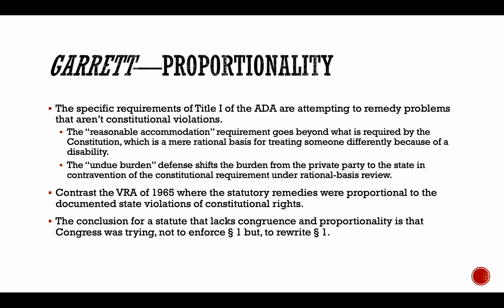When the court finds that a statute lacks congruence and proportionality, what the majority here is really saying is that Congress has gone beyond its enforcement power and has impermissibly, or unconstitutionally, shifted into an interpreter of the Constitution. Right? So what the majority finds, and they say this at the very end of their opinion, bottom of page 991 to the top of page 992,